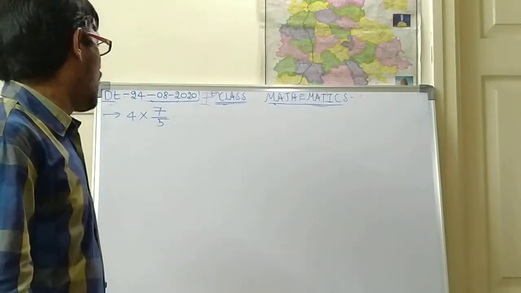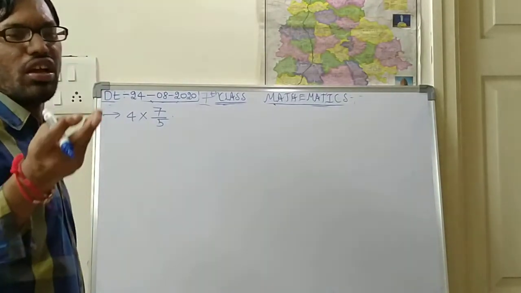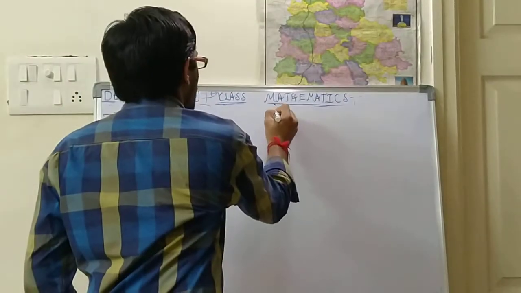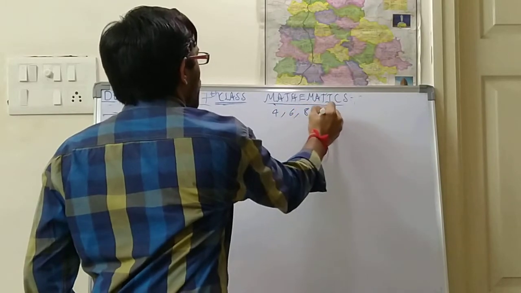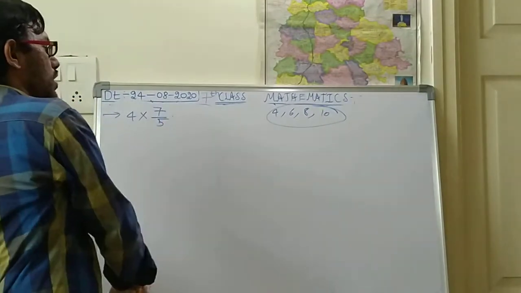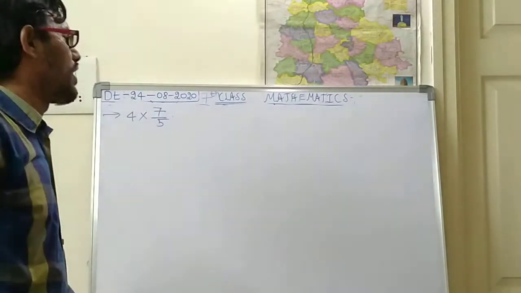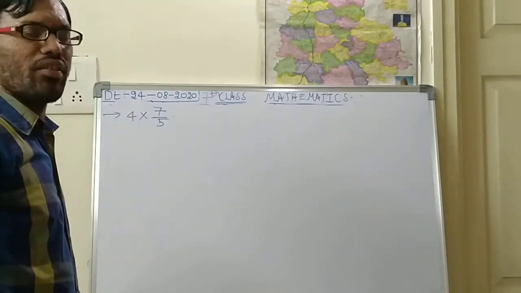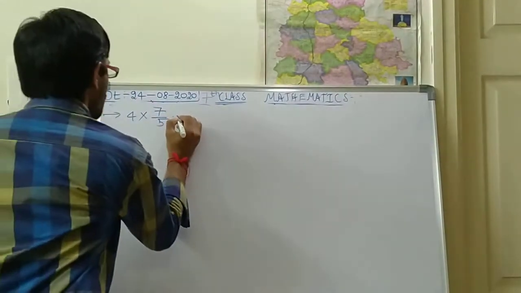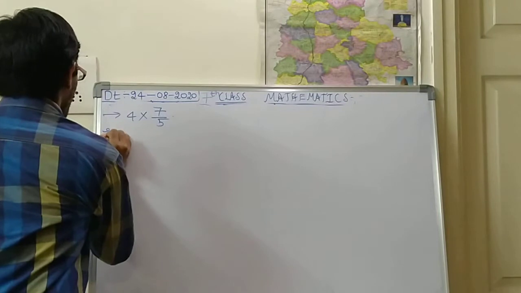Okay, you can take any object. Not only circle, you can take the square also. If there are even numbers like 4, 6, 8, 10, then you can take a square in the denominator. So here 5 is there, so that's why you should take the circle only. So better you take circles only, for every problem. They are very easy and very comfortable to do. Okay, 4 into 7 by 5. So 4 into 7 by 5 means what you should write? So, solution.